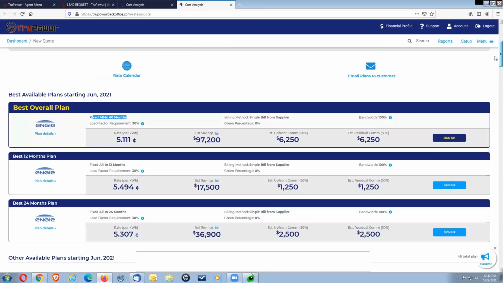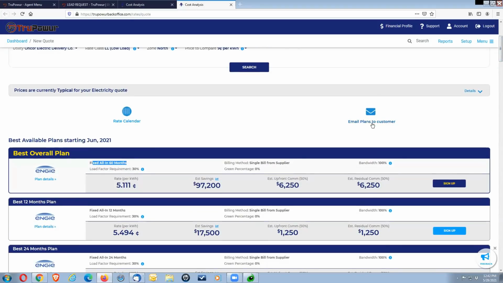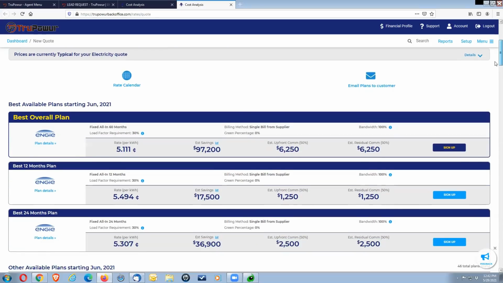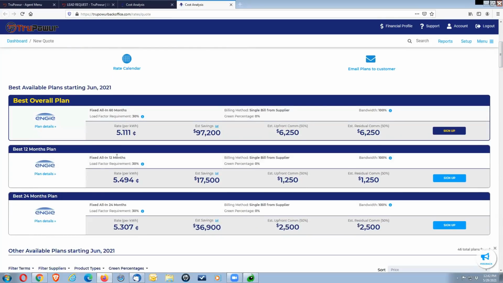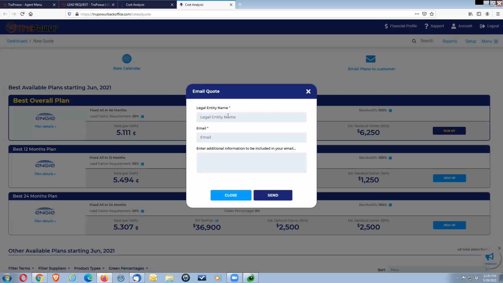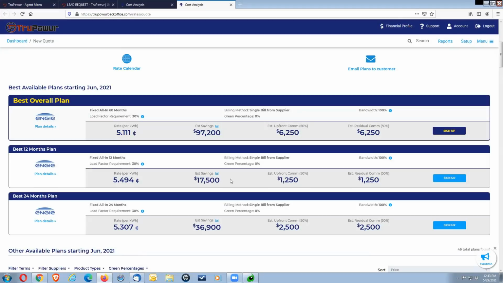Now, when you do an instant quote, it gives you the ability to email the plans to the customer, which is basically just going to take a snapshot of this screen and email it to the customer. You can do this yourself. Pull up a list, click on this, put in your name and hit send, just so that you can see what it looks like when a customer gets it. It will show the supplier, the rate, the savings. It will not show the commission,